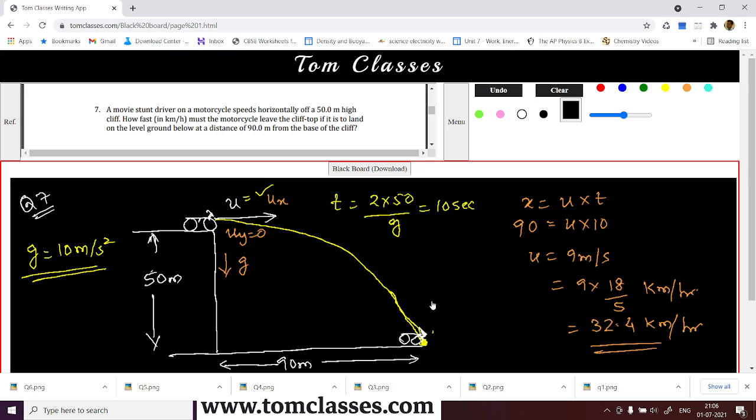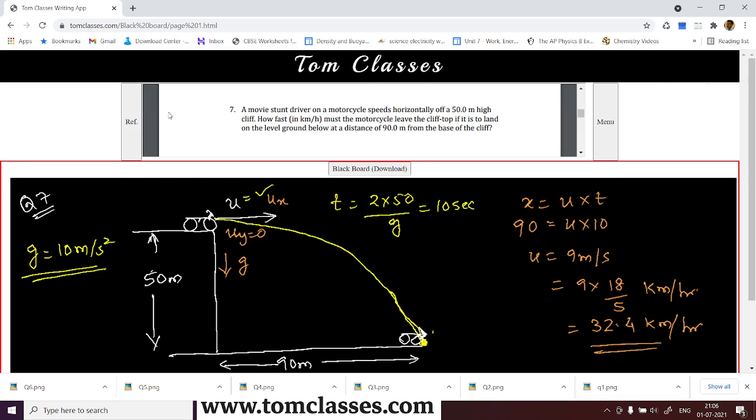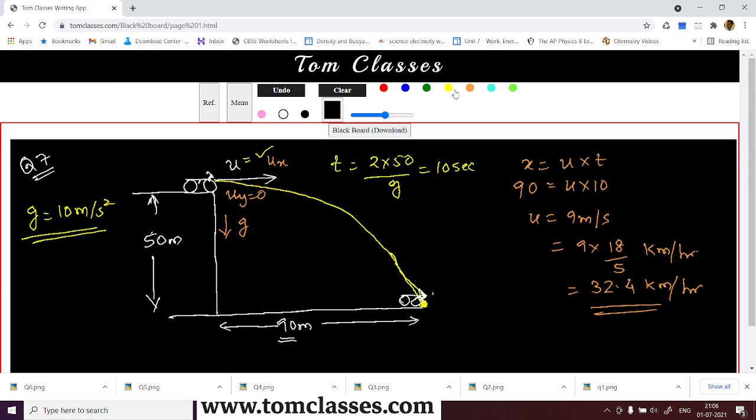Yes or no? Yes, sir. Okay, then there is another method, that is by conservation of energy. So conservation of energy, you see what is the potential energy over here. The potential energy entirely, it might have some velocity over here. So the change in the potential energy has to be the change in the kinetic energy basically. So you can say 50 into 10 into 50 is the height, and mass is not given.